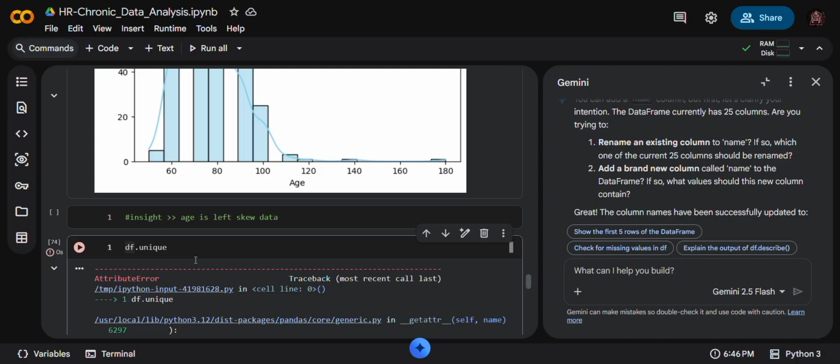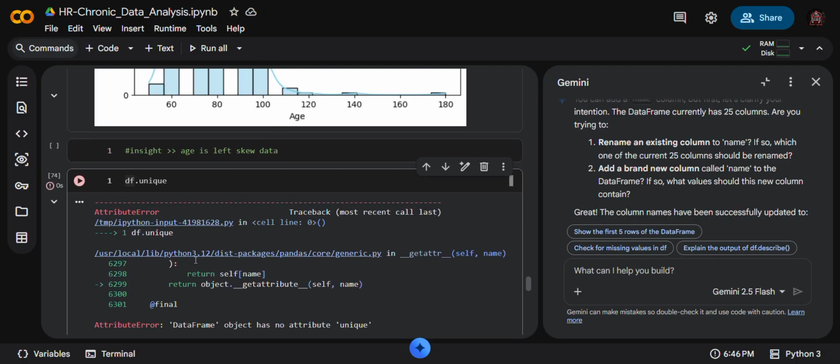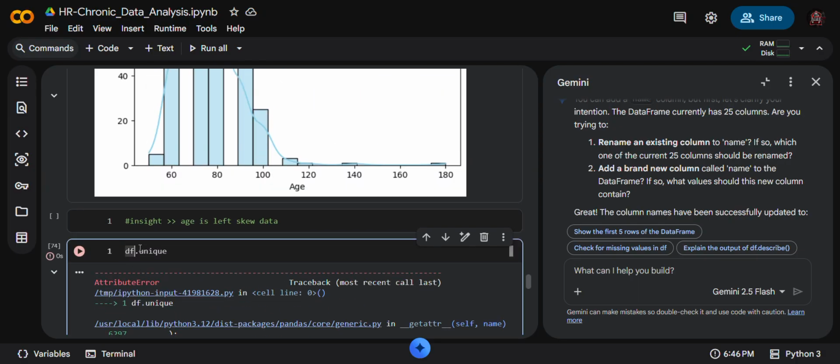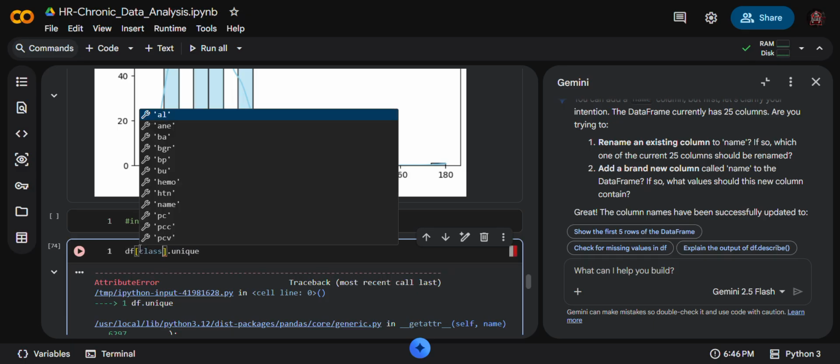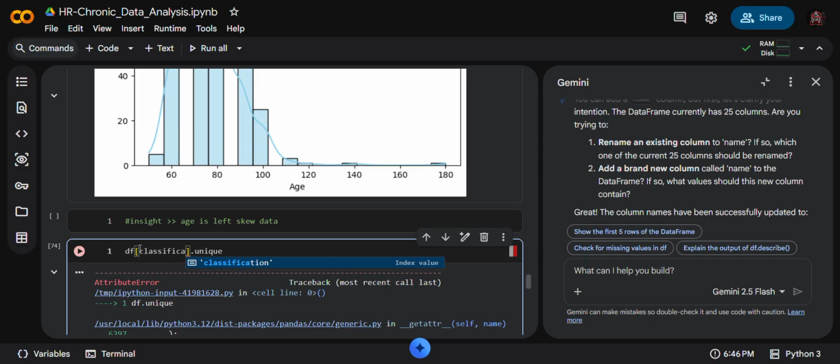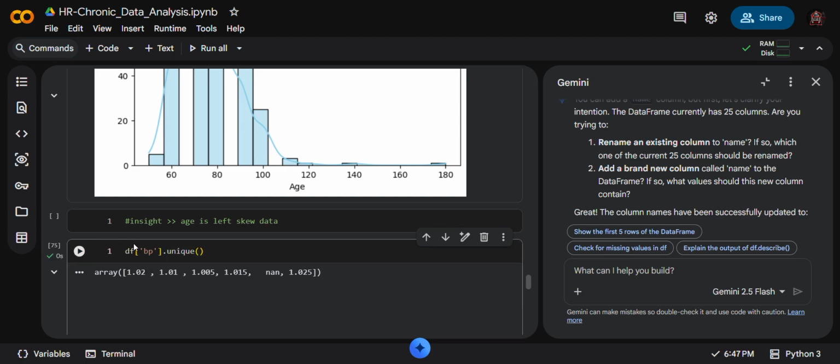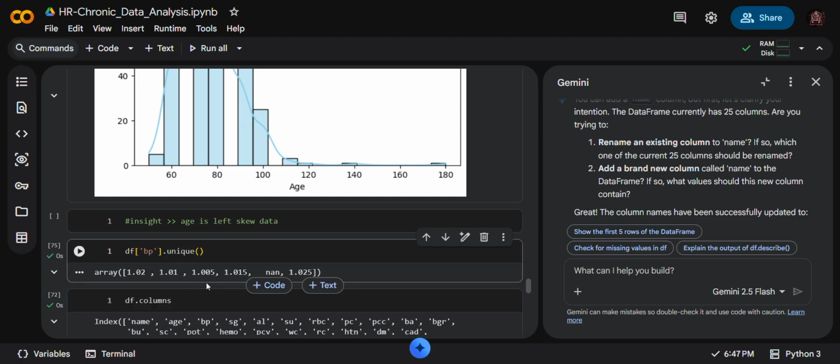There's an error. We did not define for which value, for classification, for BP, for sugar, for which string.